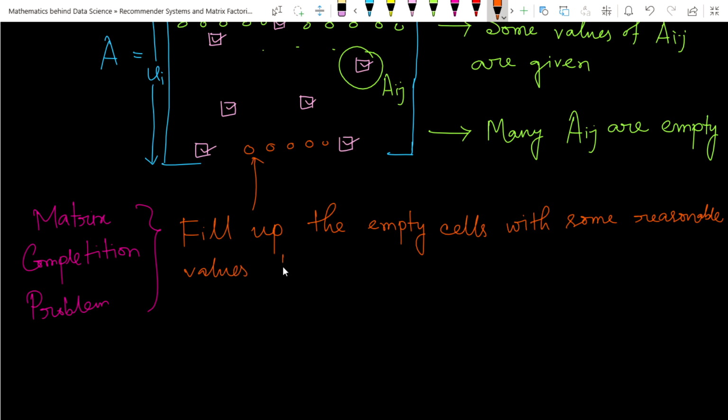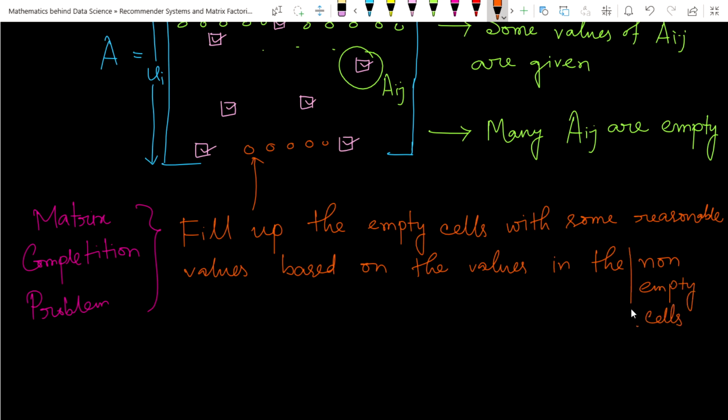These are the reasonable values that we have to use to fill this matrix. These values must not be arbitrary. They must be based on the values in the non-empty cells. This value must be a non-empty cell. Okay,